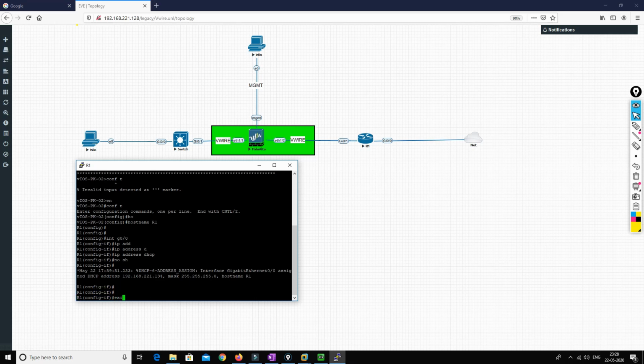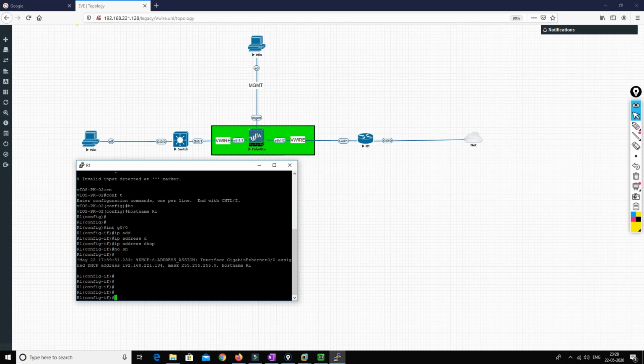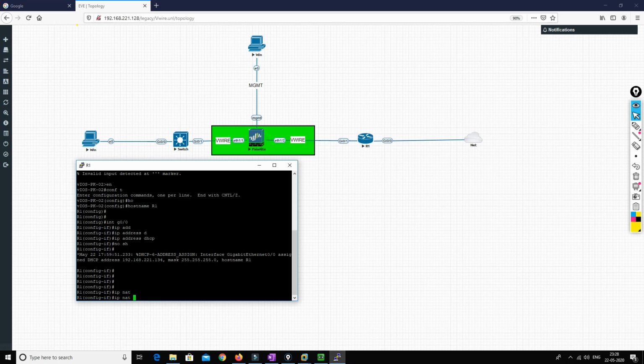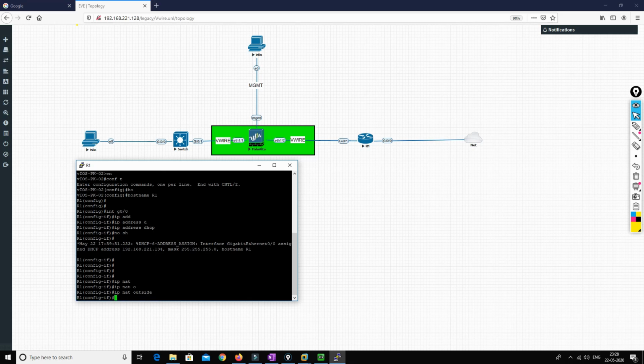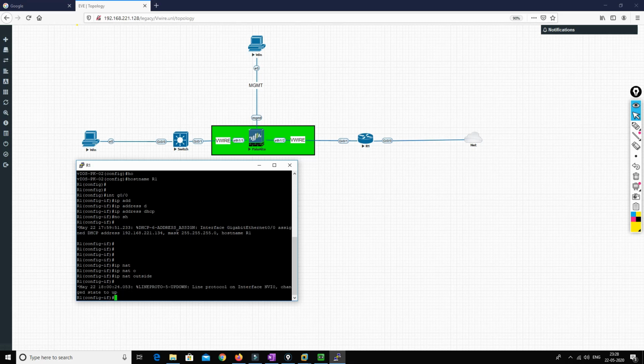Now we have to configure the NAT. We are doing NAT in R1, not on Palo Alto. If you guys want, in the advanced lab we can emulate the NAT as well as the tagged traffic for vWire. Okay, so what we have to do is ip nat, this interface would be outside. This is router configuration, that is a Cisco configuration.